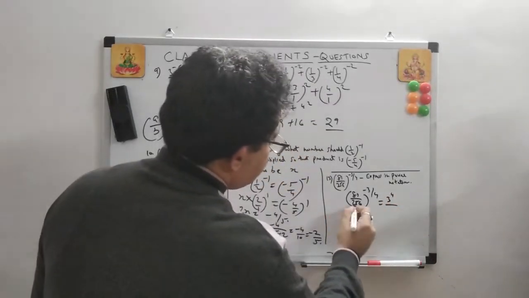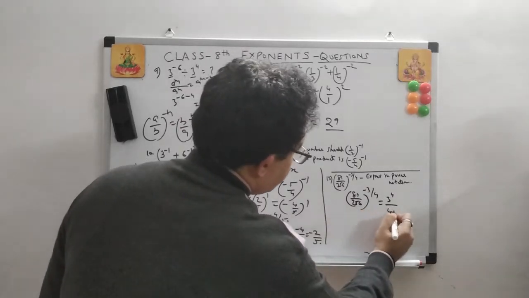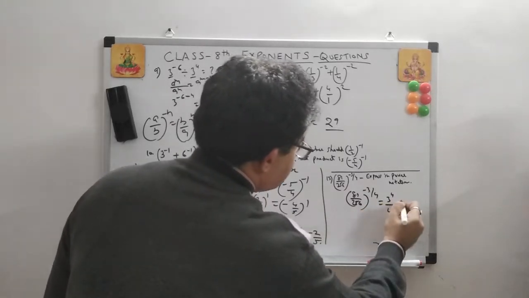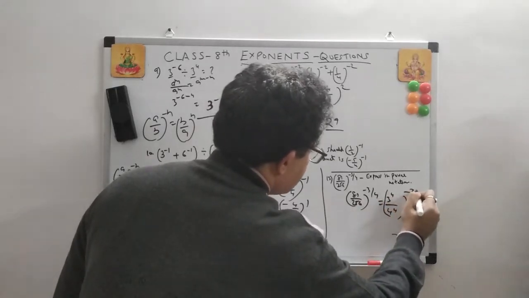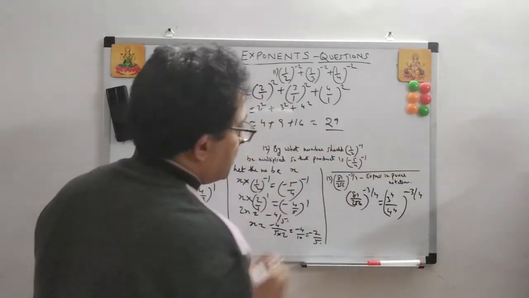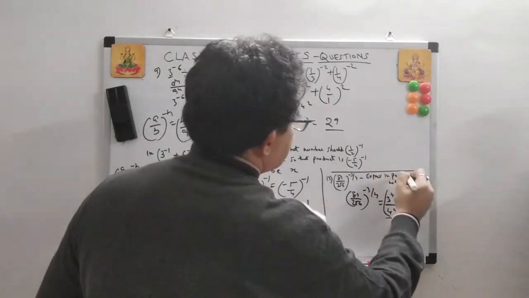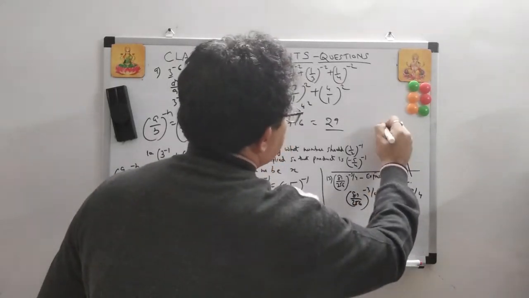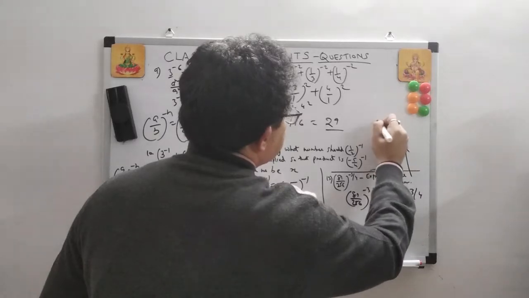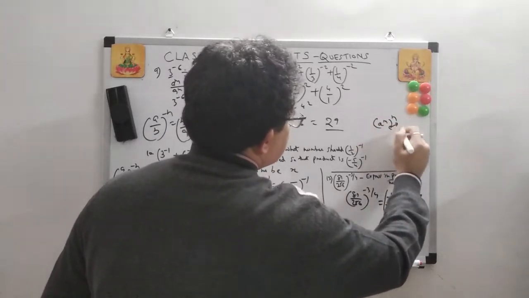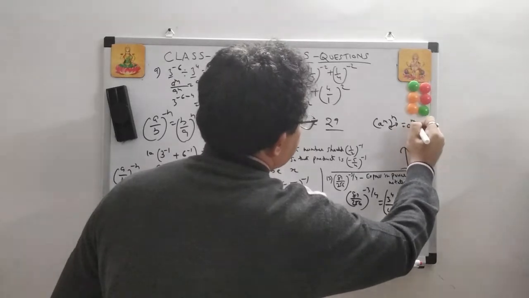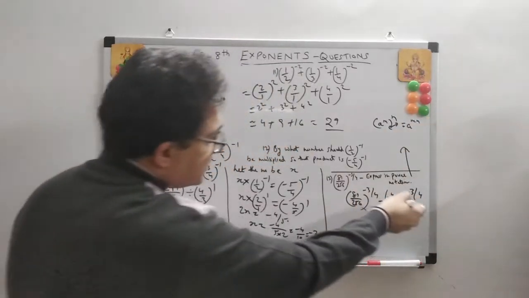And is that 4? Yes, 4 to the power 4. I can write this in this way, minus 3 upon 4. Now see, I'll just do it over here. This is the formula, a to the power m to the power n. I told you this kind of a relation. This becomes a to the power mn. The same thing will be applied here.